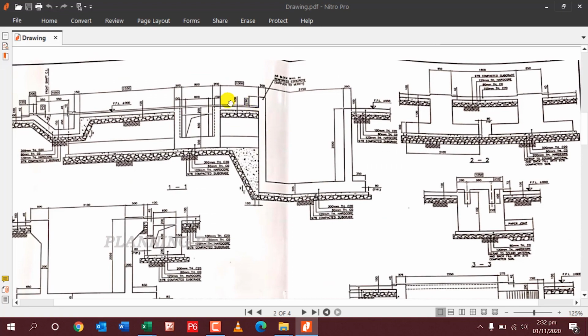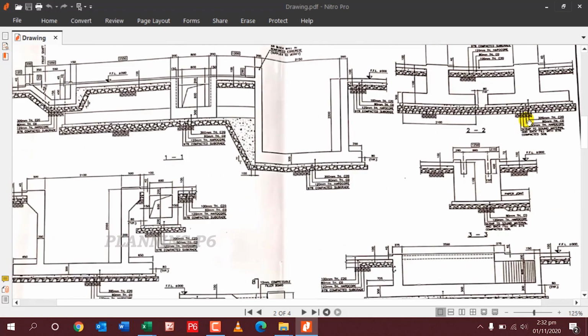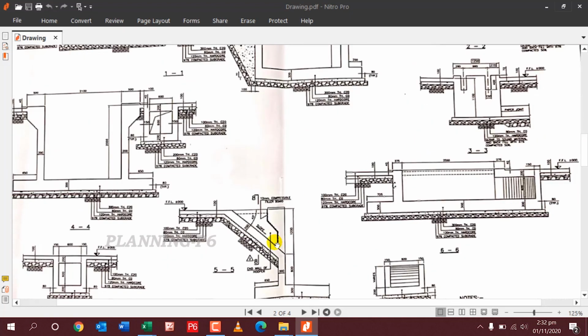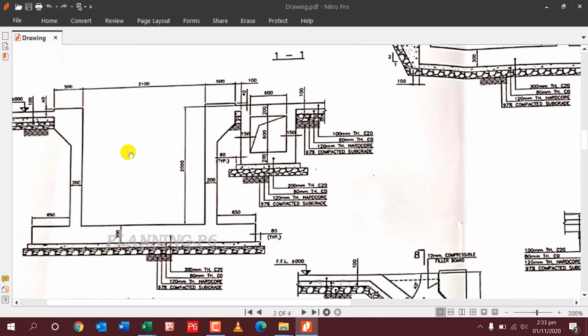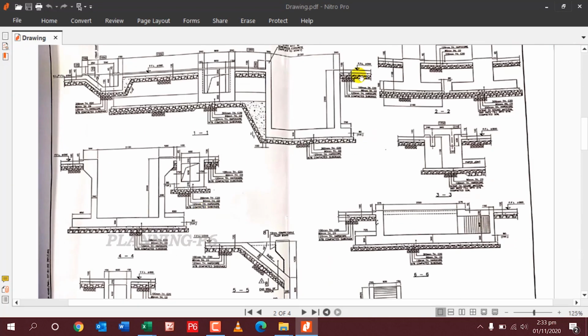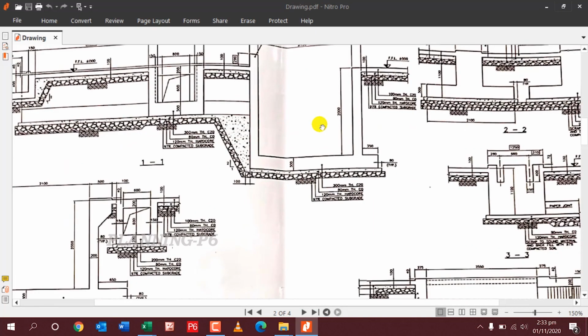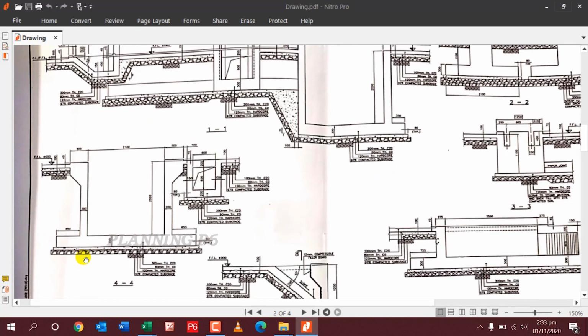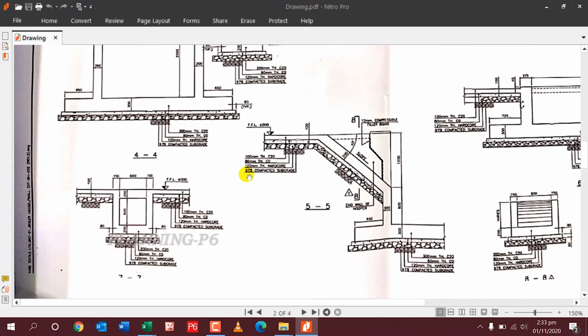On its outer side, from where these two columns end, this will make a slope at 55, and then further there will be 2 walls here which will be 2 meters from the bottom, and this one is up to 2 meters. The same here in 1 section, you can see this part at 4.